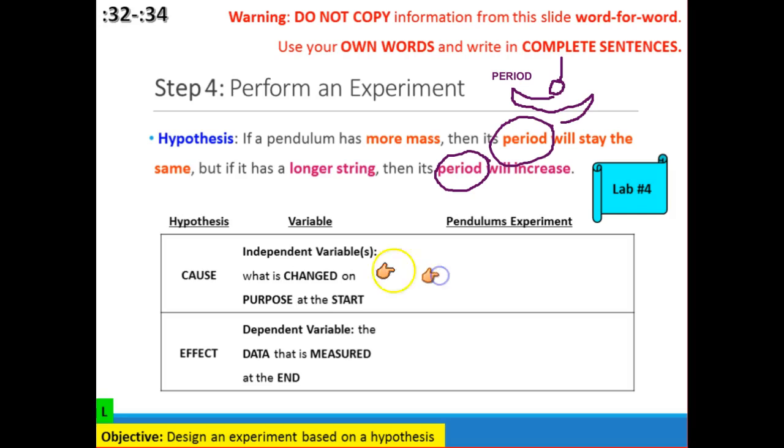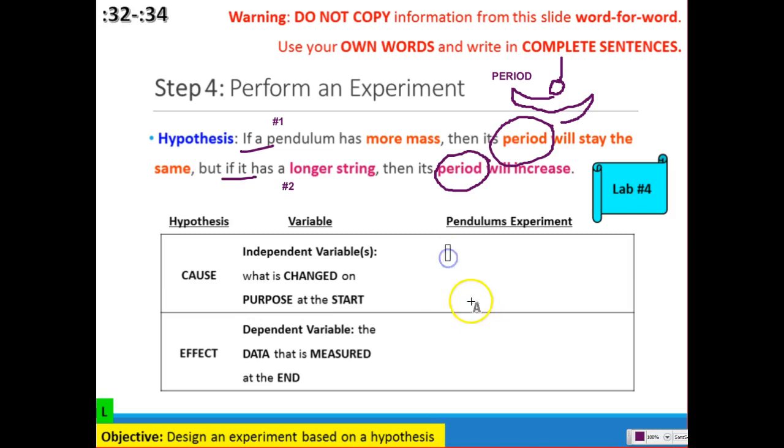Awesome. Now, the thing that we change at the start of the experiment is the stuff in the if part of our hypothesis, which technically we actually have 2 hypotheses, right? We have hypothesis number 1 here, and we have hypothesis number 2 here. But take a look at the if part of the sentences, okay, and tell me, what are we changing? What am I changing in the experiment? What am I messing around with and trying to figure out?